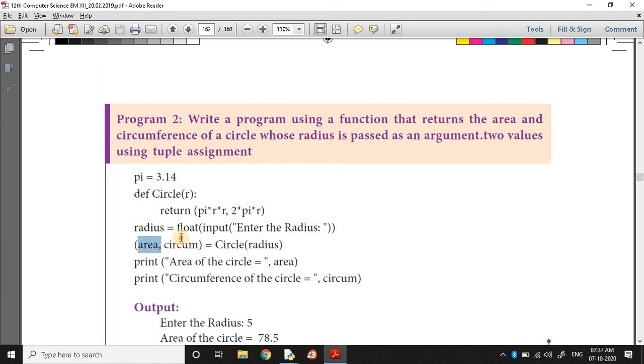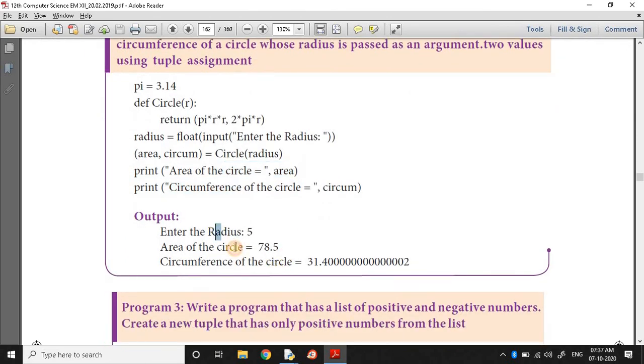So area and circum are 2 variables to which the return values are assigned. This is the function definition. Radius is passed here, and based on this radius value, two values are returned. The first value is assigned to area, the second value to circumference. Both will be displayed along with this message. You can see the output result.